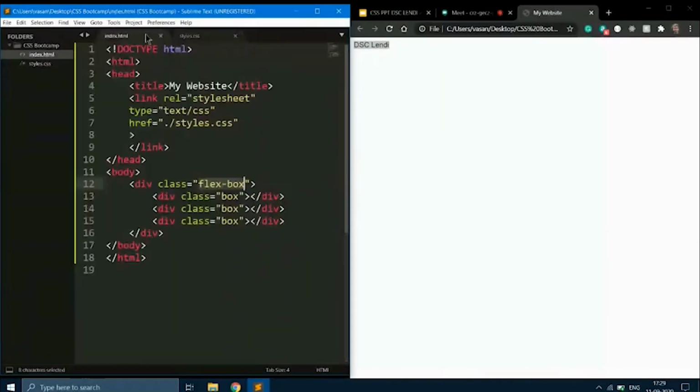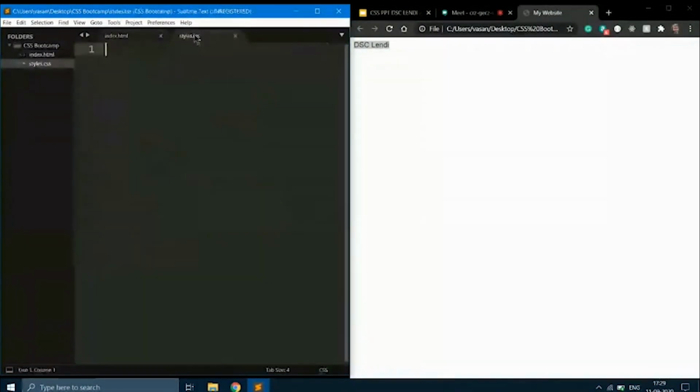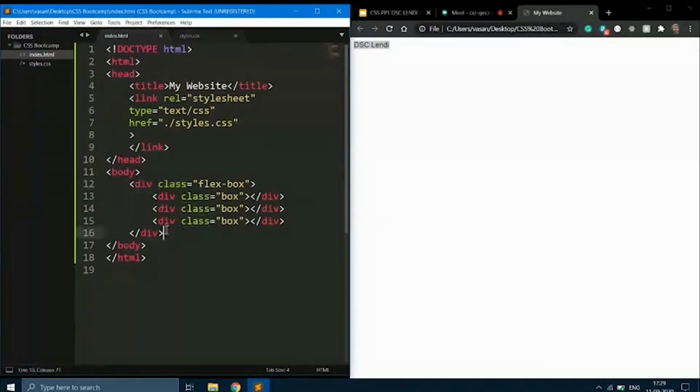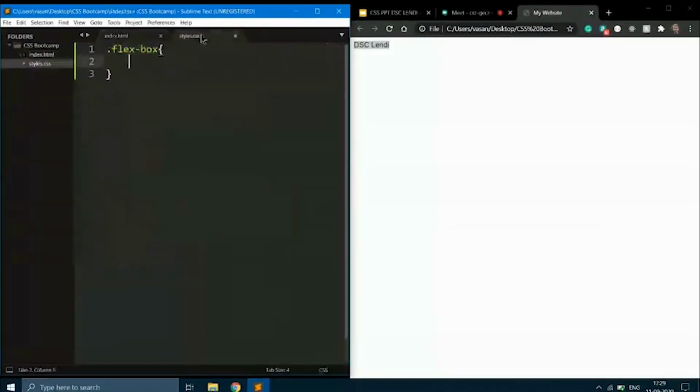Since this is a class, we need to start the class names with the dot operator in the CSS file, and we need to give the class name. Whatever CSS we write here will get applied to this div element. For this div element, as I said, we're going to apply the concept of CSS flexbox.